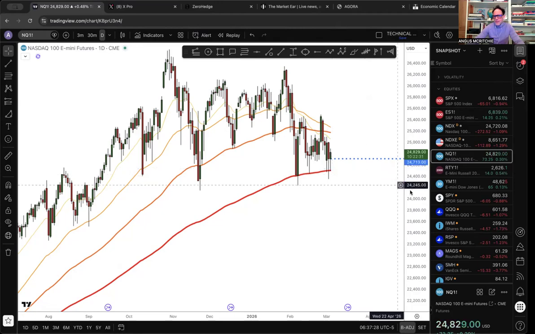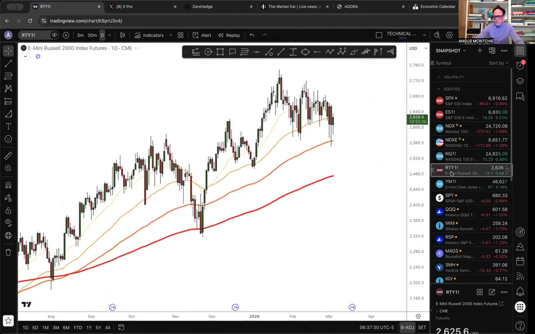Nasdaq here. Russell, looking at that again, like everything else, has bounced a little bit overnight, but again, pretty weak, not as weak as, let's say, the Nasdaq, but overall weak. So the equities, and what do markets really need to see? What are the keys? The key here is obviously the price of oil, but the price of oil is really going to be a function of two things. Is the famous Strait of Hormuz going to be open? Are energy shipments going to be able to sail through?